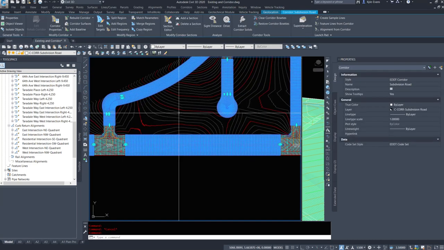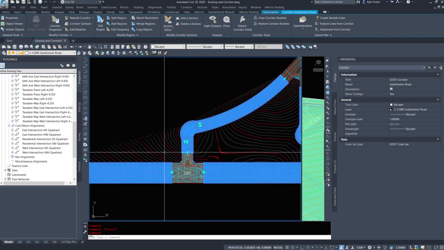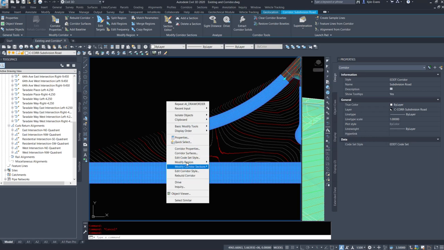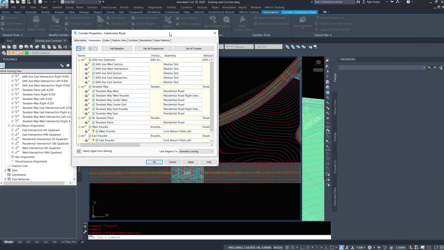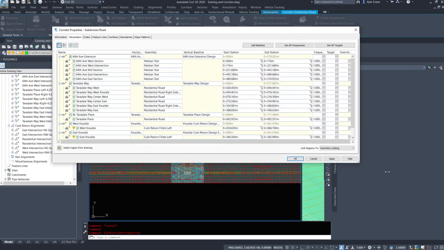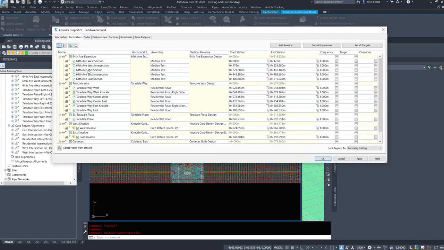So going into just quickly show 1 or 2 corridor properties, I'll show the main one here with maybe the knuckle, and then I'll show the intersection. So under corridor properties, naming things in here as well. And yes, I know I have some extra information. I've been playing around with the median. However, if I go into my west knuckle,